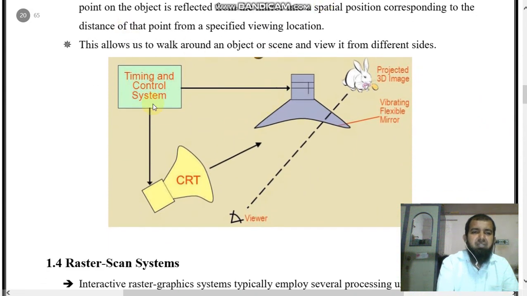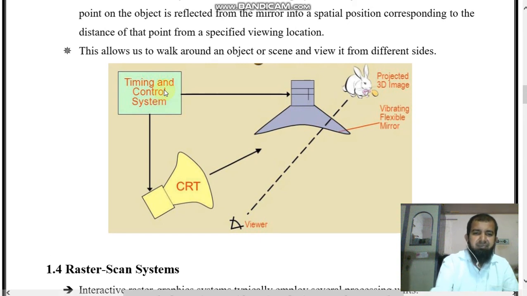See here, a CRT is used, and this is the viewer. This is the object, the 3D image. And this one is the vibrating flexible mirror. A timing and control system is also used to control the timing of the system.